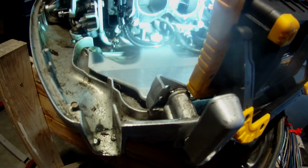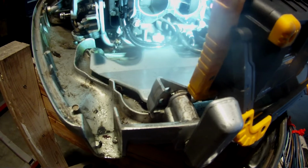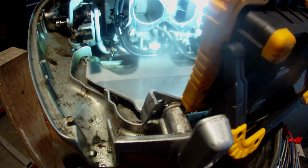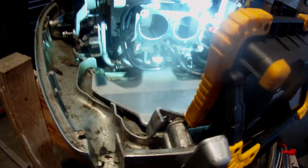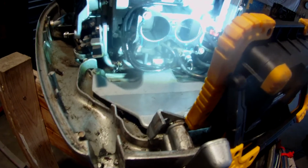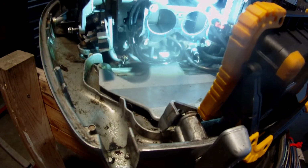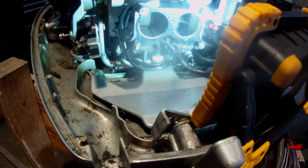Morning. I decided to do a video on how to disconnect the shifting linkage on an '85 OMC outboard. The newer ones are a little simpler, older ones are different, but this one